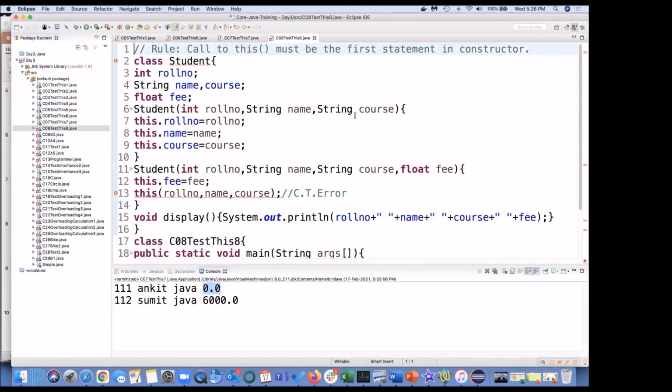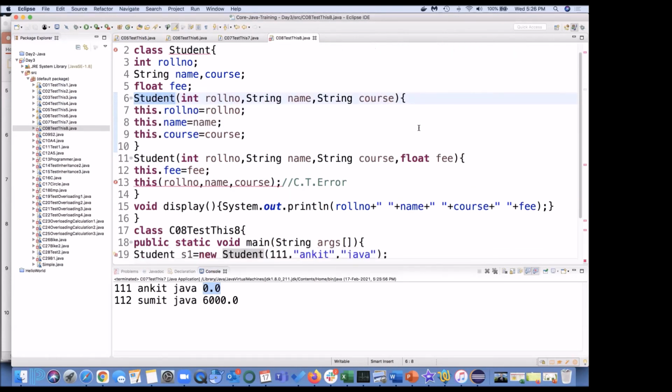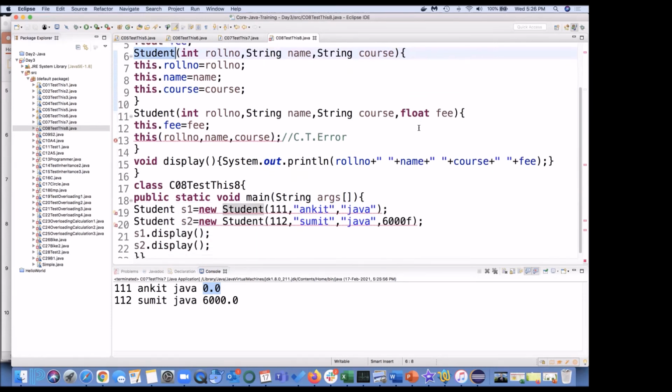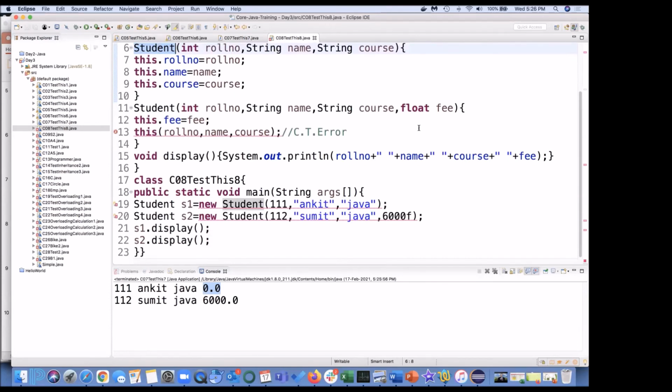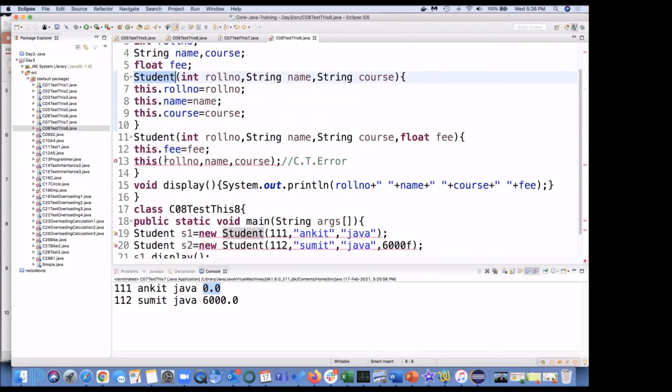Rule: call to this must be the first statement in the constructor. This is very important. This is your constructor, and this is also your constructor.